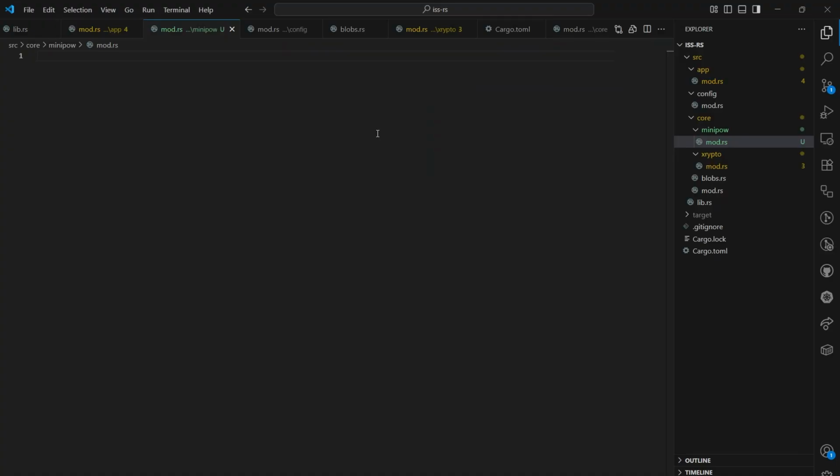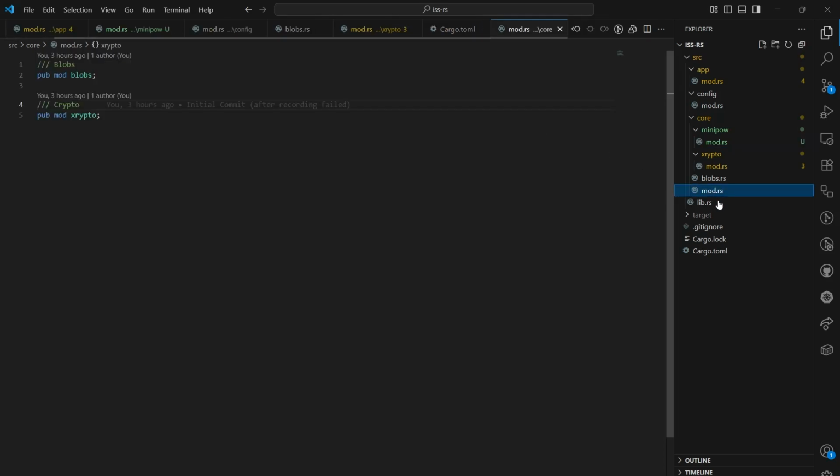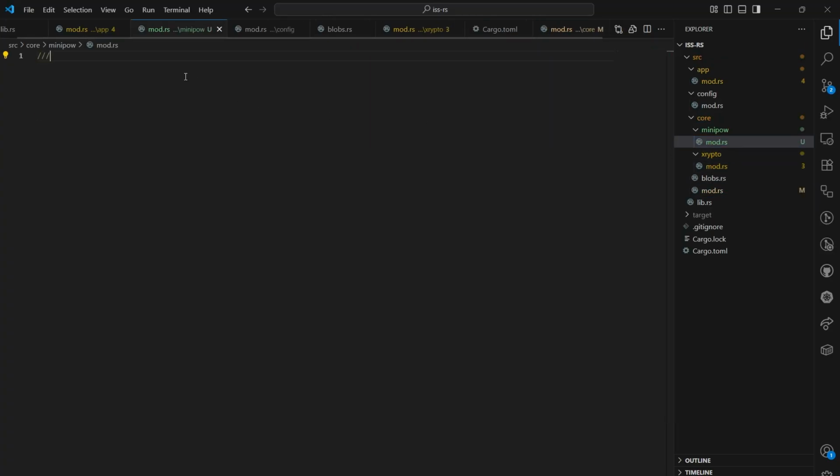Okay, so let's get started. I have to add mod mini proof of work, and let's start with this. Mini proof of work uses Blake2B